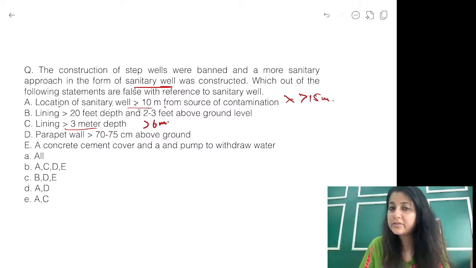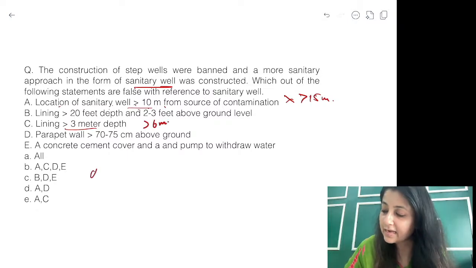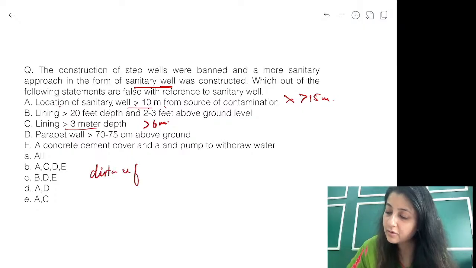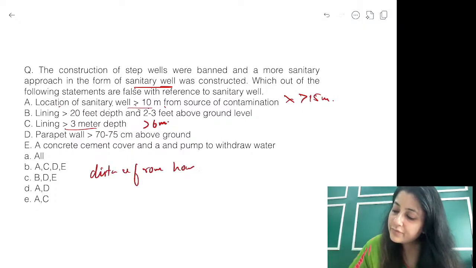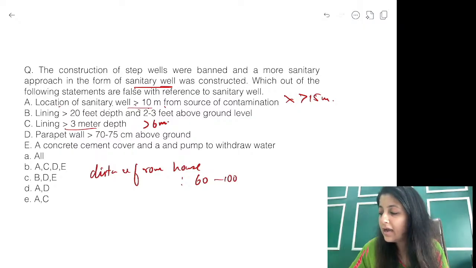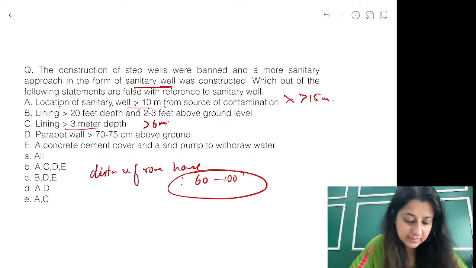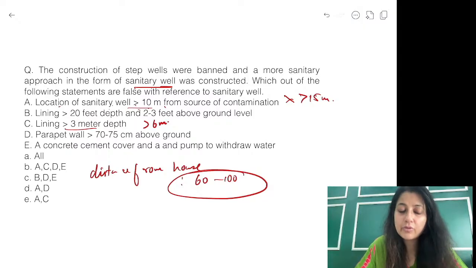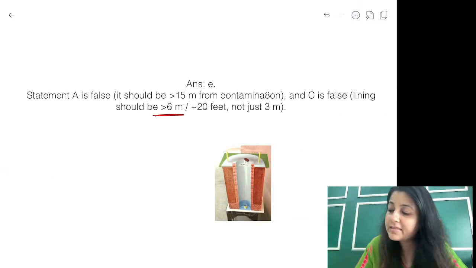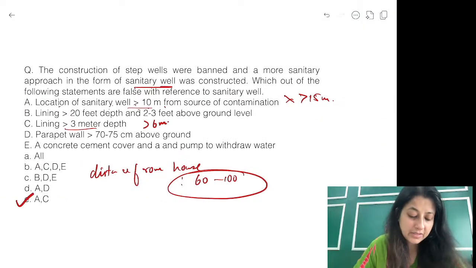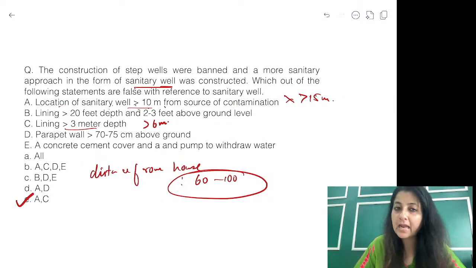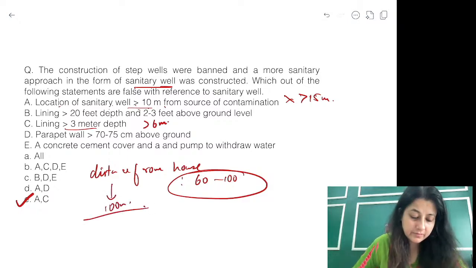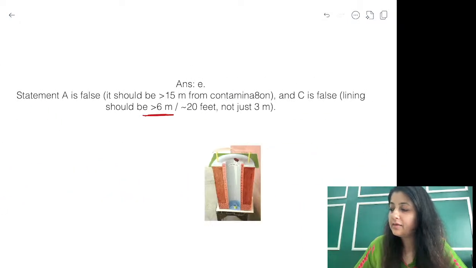And what should be the distance from your house? All right, sanitary well distance from house, it is good if it is within 60 meters, or you could also say 60 to 100. It should at least be within that many meters, okay. So this last question I would not say is that important, but over here you can revise a couple of points which have come. I have written them for you, so you can note them down, okay. But distance from house we can go for 100 meters. All right, sanitary well.